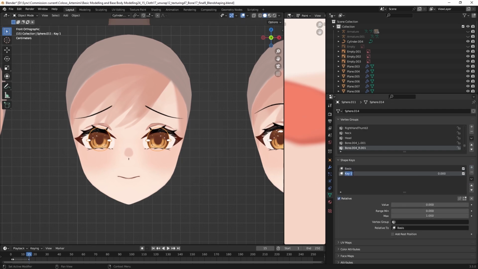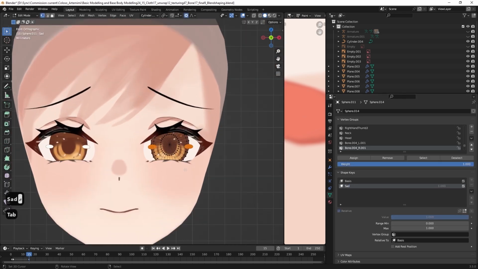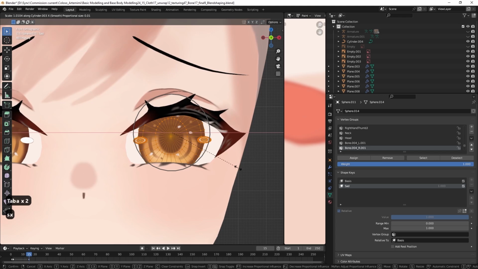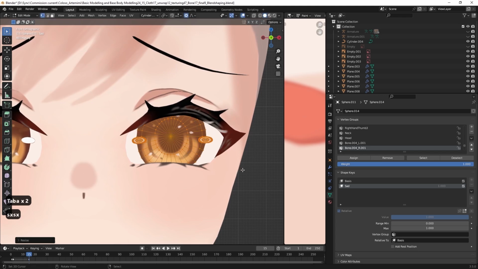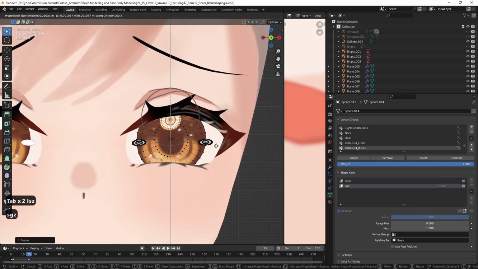We're gonna give this a set blend shape as well. Go to the value one. All right. And then we can make the eyes bigger like this and smaller like this. Okay. And then we can have this and make it bigger. And then this part also make it bigger as well.